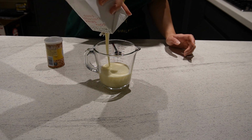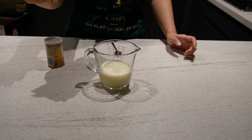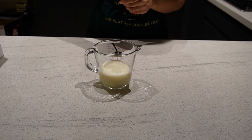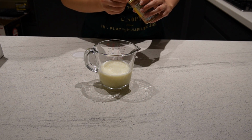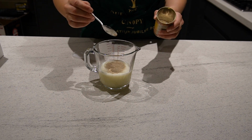In this case I'm using soy drink. It's an unsweetened version, but you can use normal milk. I'm just lactose intolerant, so. Then we use 7 grams or a teaspoon of dried yeast,